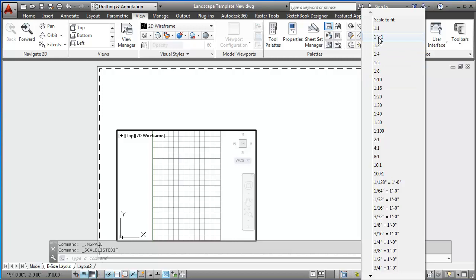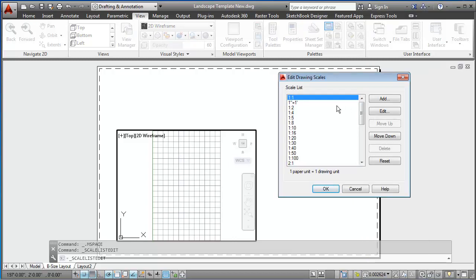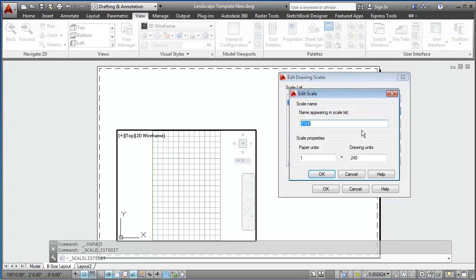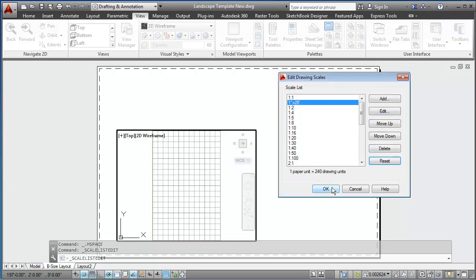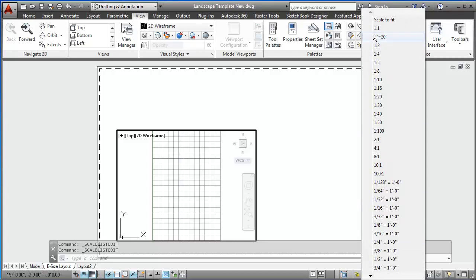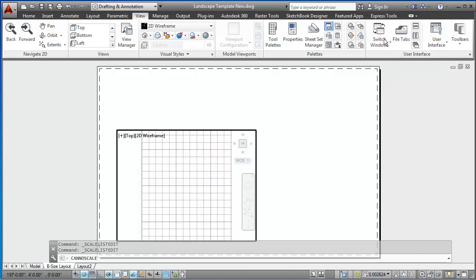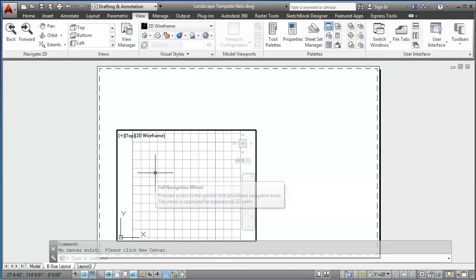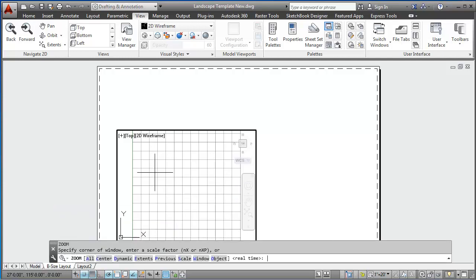It looks like I improperly named this one. So let me go back to Custom Properties and edit this. I want to edit this to read 1 inch equals 20 feet. That was my mistake. And the scale properties remain the same at 1 to 240. I'll say OK. I'll say OK again. And now when I go down to Viewport Scales to select it, there it is right up at the top. 1 inch equals 20 feet. I will select that, and it immediately resizes that viewport. I'll quickly do a zoom all, Z enter, A enter,